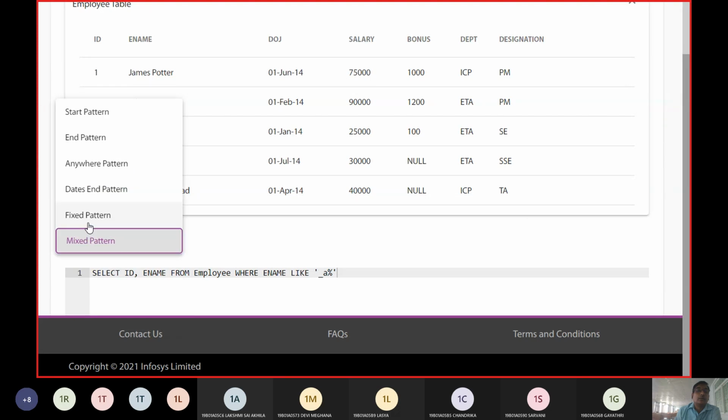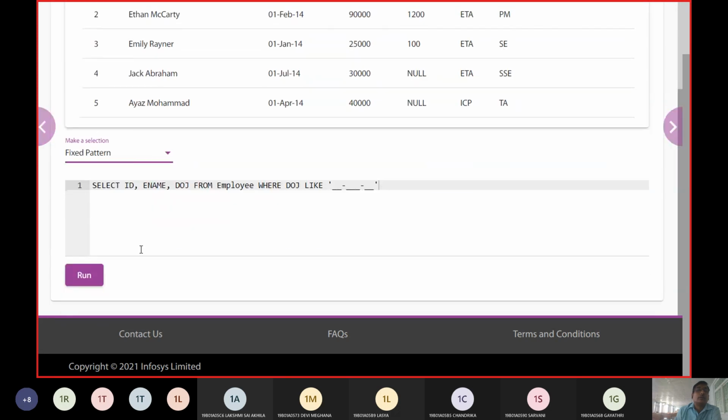And then let us talk about the fixed pattern. When we talk about the fixed pattern, exactly 2 elements, or exactly 3 elements, should be there. In this model, we say where date of joining.